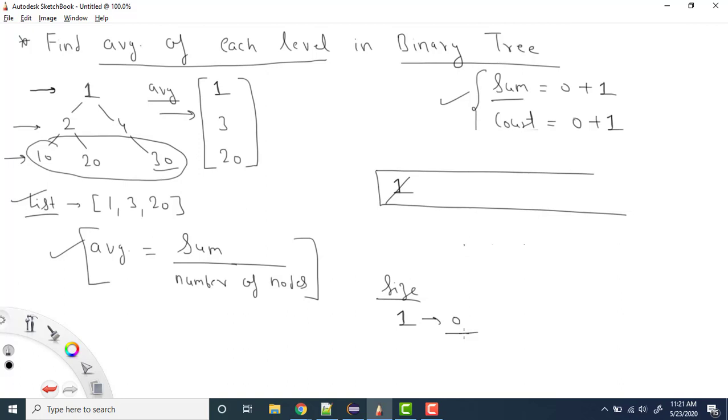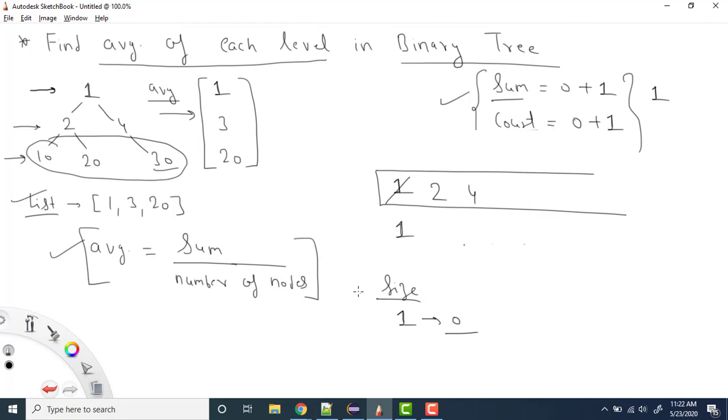Now what I do is check whether the element which I have removed has any left or right. If it has any left or right, I add that value into the queue. So here this one has a left, so I add this value in the queue, and this one has a right as well, so I put that value into the queue, right? Now because I am done with this level, since my size has become 0 and I have got the sum and count, at this moment I take the average. So what is the average? Average is sum divided by count, so the average will be 1, right?